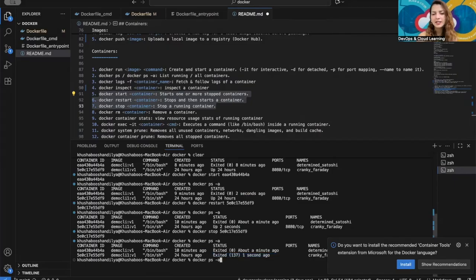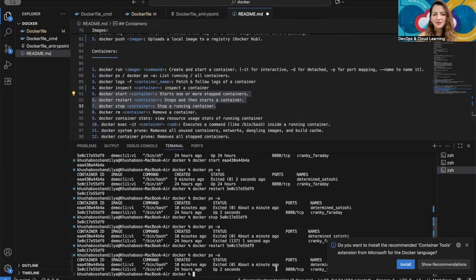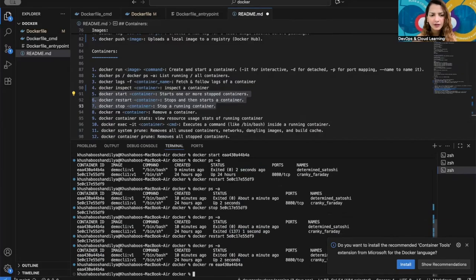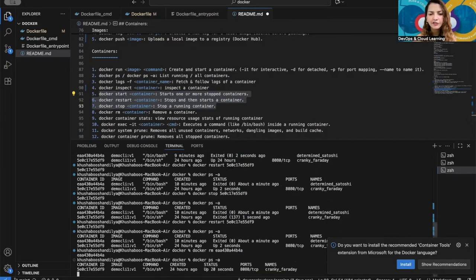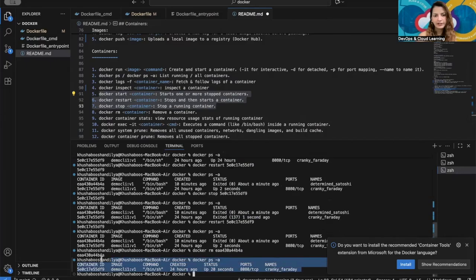Now let me start it again. Yeah, it's up 2 seconds ago. All right, so we did start, stop, restart. Docker RM will remove the container. So if I say Docker RM, let's remove the one which is exited, copy. Okay, now if I do Docker ps -a, I only see one cranky Faraday up and running because I've removed the